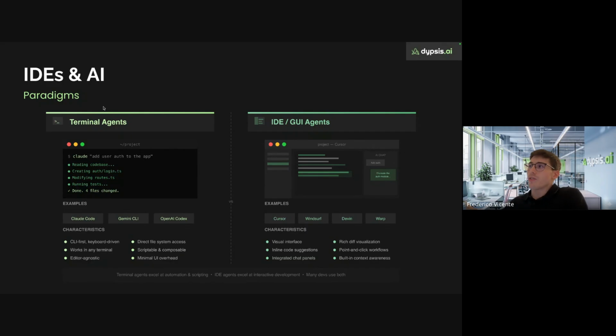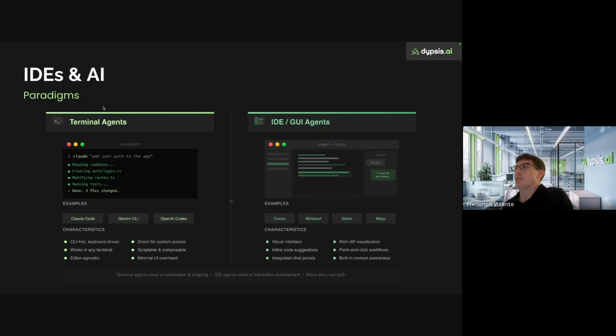Then you have this other paradigm, which is these new agentic development environments, where developers are building a new family of IDEs with agentic native features. For example, you have Cursor, Windsurf, Warp, Devin, but in this way you have to change the way you work, because you have to get used to how these new development environments work.